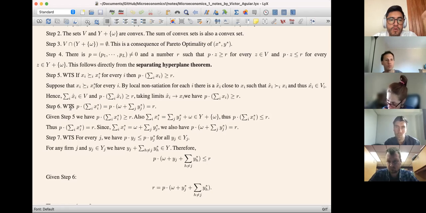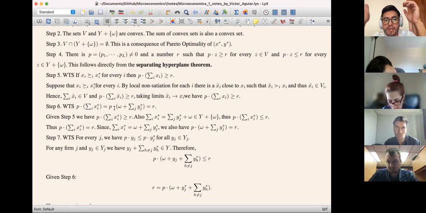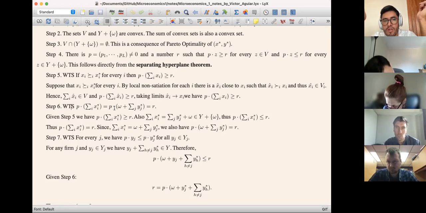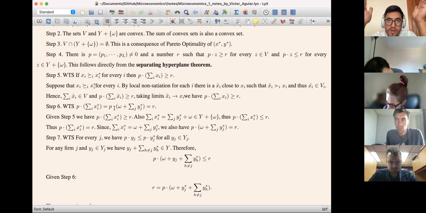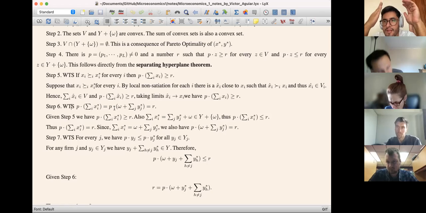Now, step 6 wants to show that if I multiply the xi star allocation times prices, this is equal to the multiplication of prices times omega, the economy's endowment, plus the summation of all production plans for all j. And all of this also is equal to R. So this is just telling me that this allocation, x star, y star, that is a Pareto allocation, lives exactly, right, at this level R. So it's exactly the line that passes through